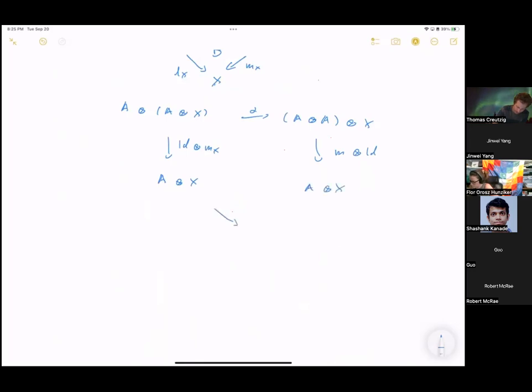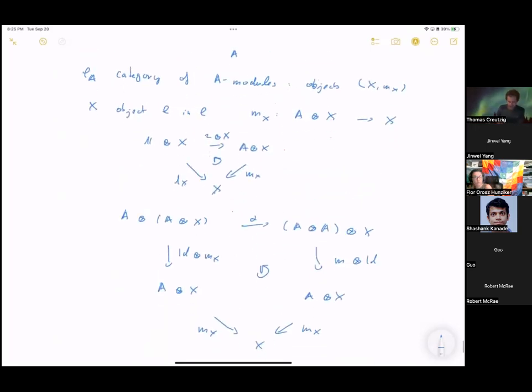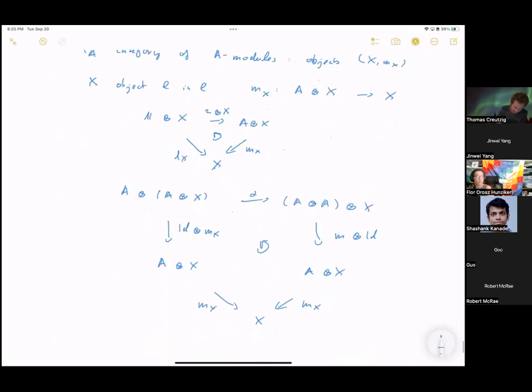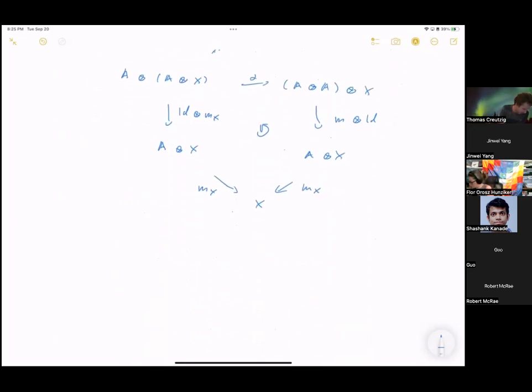And now you see we can use the algebra action on both sides again to get a map to X. And this is the associativity constraint for modules. And you see all these things, of course, are the natural things that you can write down in a categorical way, of what you know